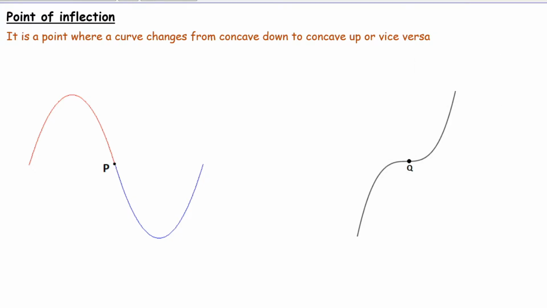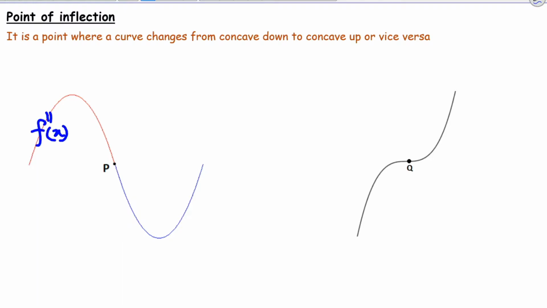A point of inflection is a point where the curve changes from concave down to concave up or vice versa. Now, in the previous video, we discussed concavity. Now, we said that when the curve is concave down, like what we have on the left here, then